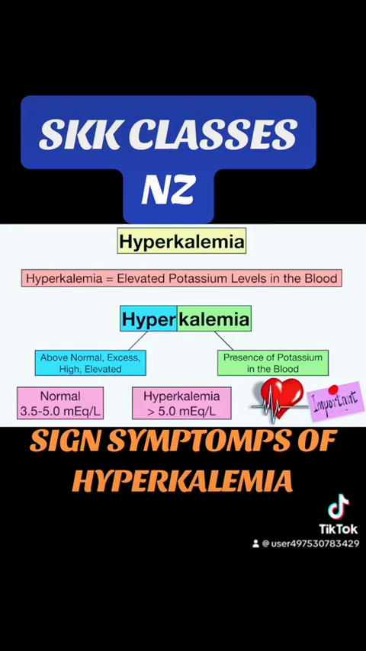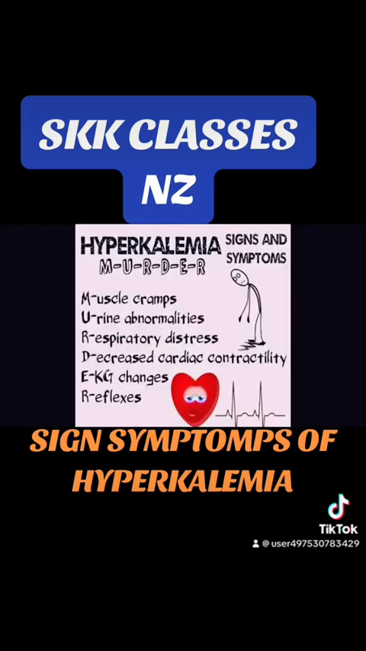So hyperkalemia is an elevated potassium level in the blood. When its value is more than 5.2, then we can say the patient is in hyperkalemia. So these are the main signs and symptoms. So see in this picture,